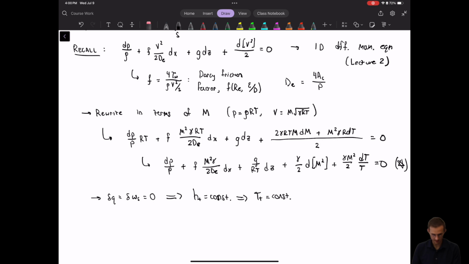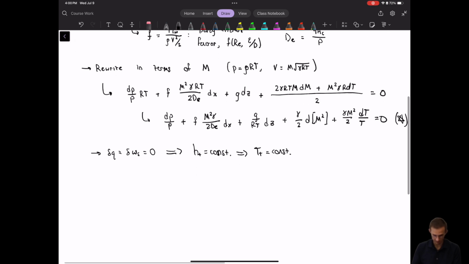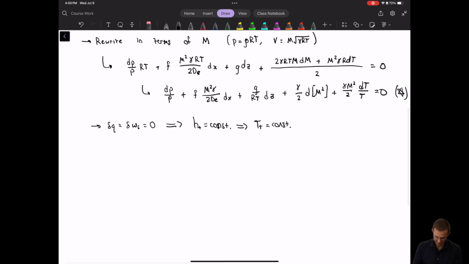That's that classic chain of reasoning that we'll use over and over again. So if we look at the stagnation temperature Tt, and write it using our standard relationship with the Mach number, T times the quantity 1 plus gamma minus 1 over 2 M squared,